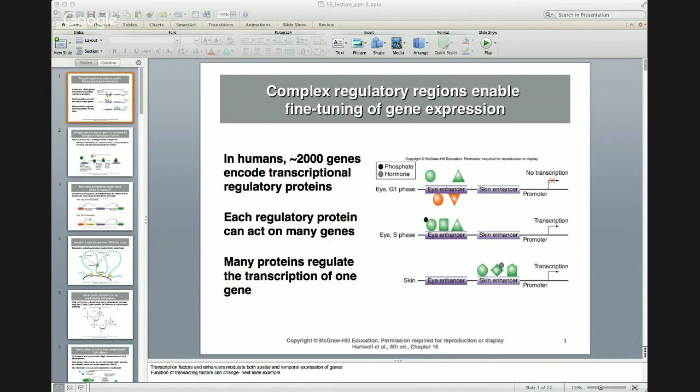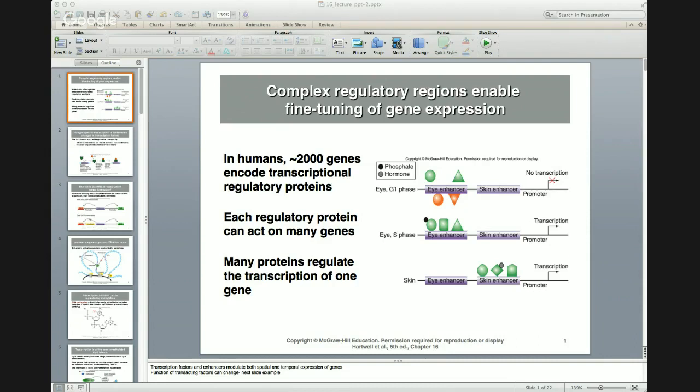This is an example of an allosteric interaction. That is where the shape of the DNA binding protein changes depending on the contents of the cell. Here the steroid hormone receptor binds to the enhancer only when it is bound to a steroid hormone. So that's an example of a cell-specific type of regulation.